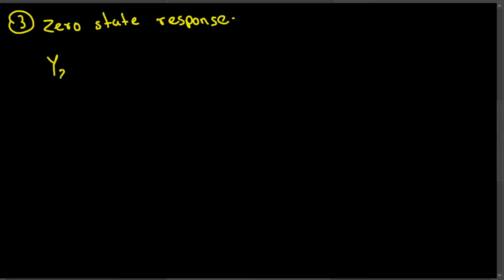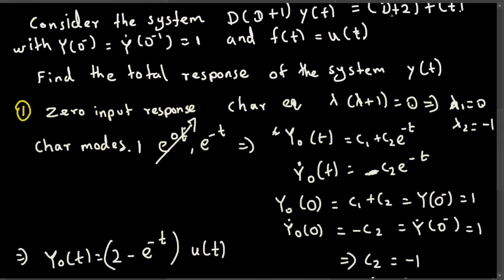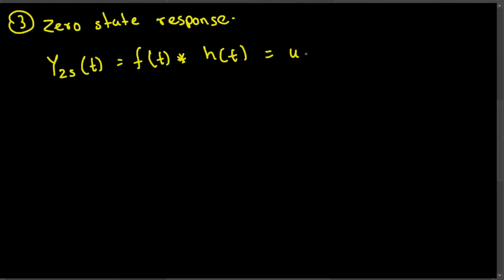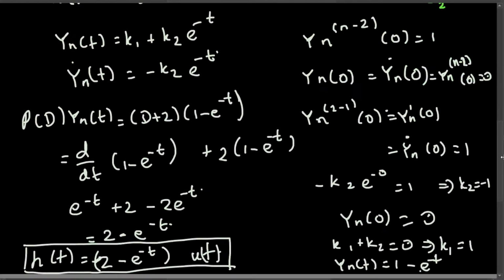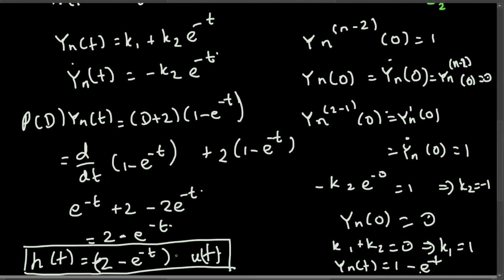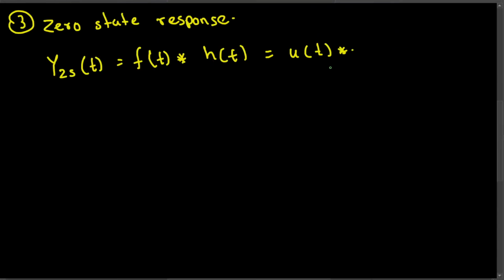Let's name this one y_s, which represents zero state. That is equivalent to f of t convolved with h of t. F of t is u of t, as given in the question. So I'm going to substitute that here for f of t, u of t, and then h of t is the one we found in the last video. That is 2 minus e power negative t times u of t, and if you expand this one,